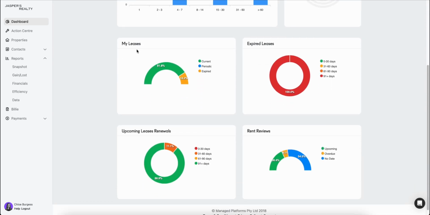Your My Leases tab is broken up into 3 color codes as well. So current is green, blue is periodic, and yellow is expired. Now current just means that they are in a lease agreement. Periodic and expired can kind of interchange with each other. Pretty much periodic